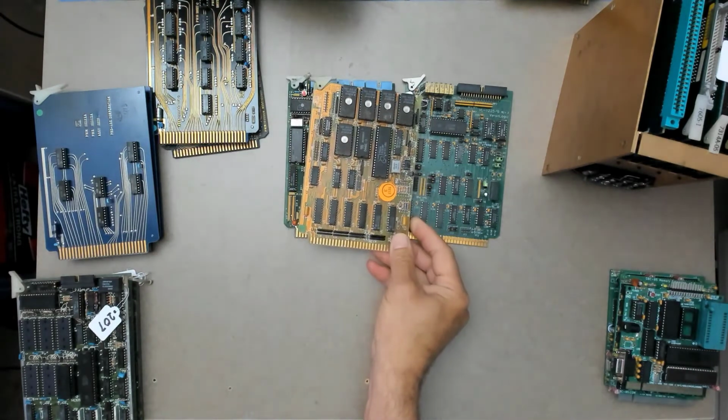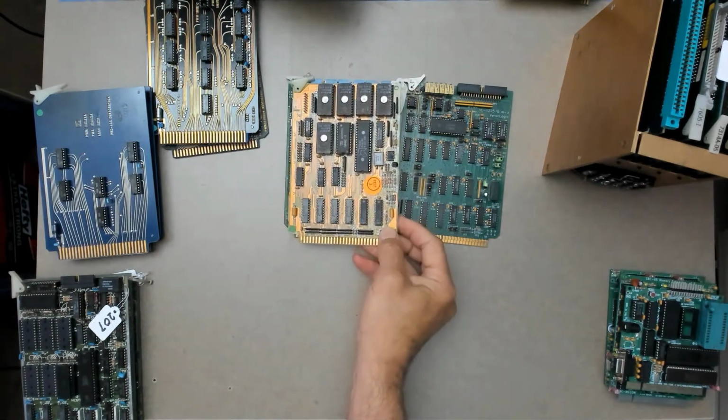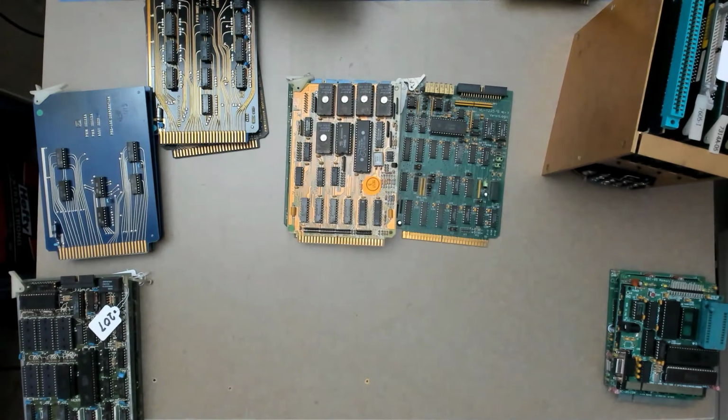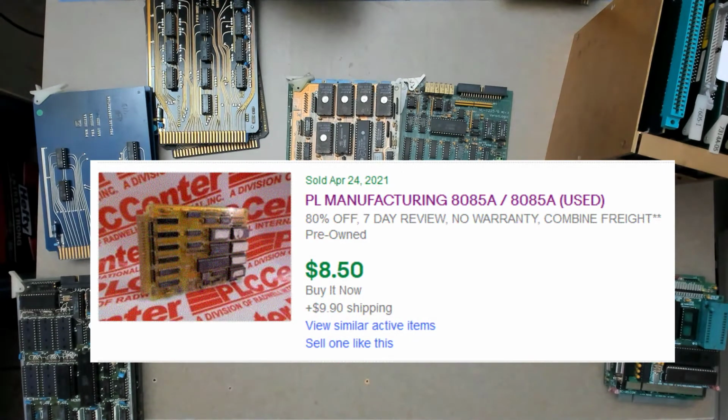The hardware is very low cost. It's very complete hardware. It's very well documented, and it's just readily available. For example, here's a listing for an 8085 single board computer. It went for $8.50 last month. That's $8.50 for a complete 1980s single board computer. Shipping was more than the card. This was probably from the mid 80s, judging from some of the markings on it, but that doesn't make it any less fun than an 8085 single board computer from the mid 70s.